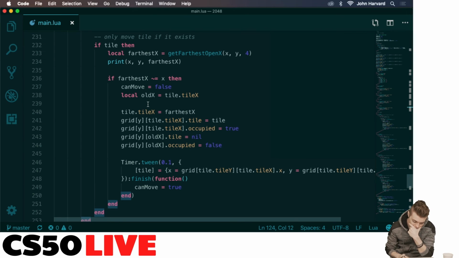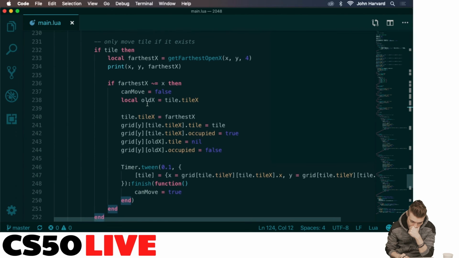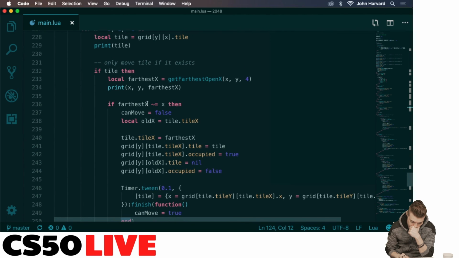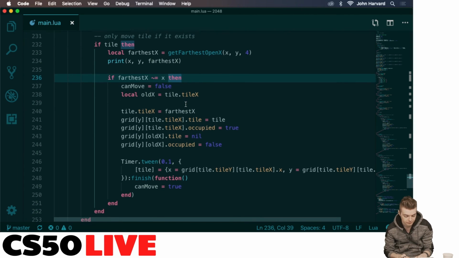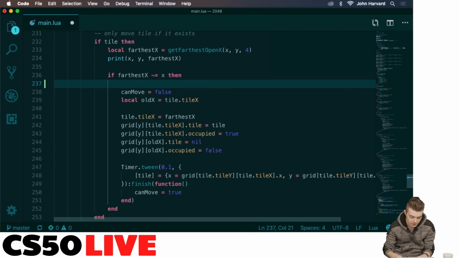So we'll say check if number is the same on farthest or on